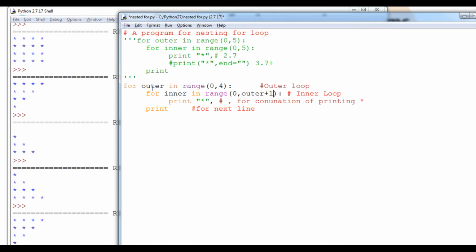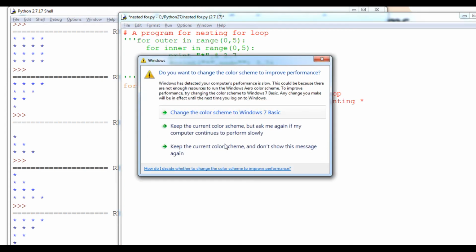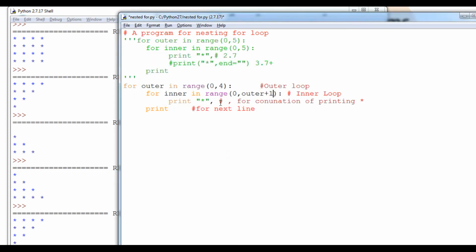Outer is currently 0, so 0 plus 1 will be 1, so this particular star will print once, and then this particular loop will again try to run, and it will check after inner increases by 1, that is inner is 1, so here is 1 lesser than 1, no, because the condition is false.